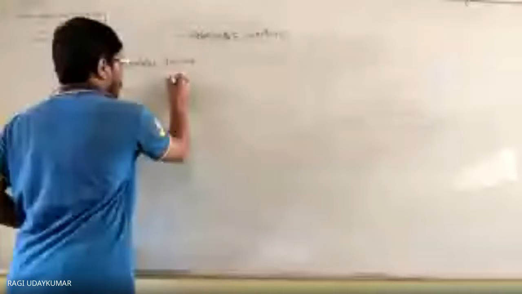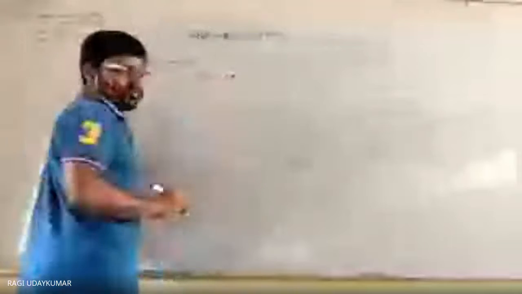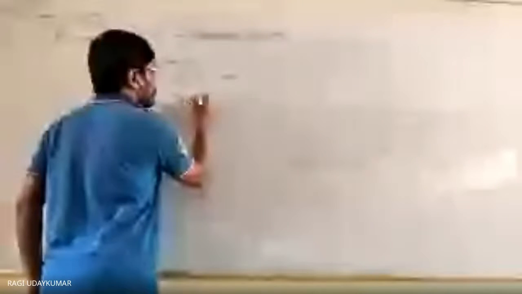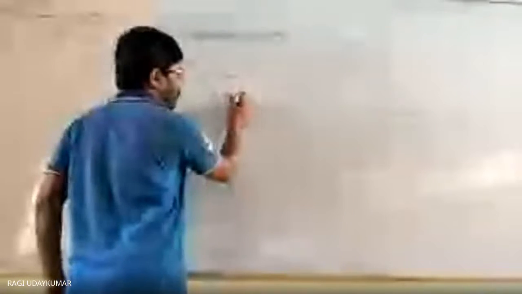Now if you consider these things, actually the function is also written like that only, but it will be written in another way. f of x equals mod x for all x belongs to the real numbers. So this function is called a modulus function, and you can write this function in another way also, as a split function. f of x equals x if x is greater than or equal to 0, and equals minus x if x is less than 0. This is also called a modulus function.